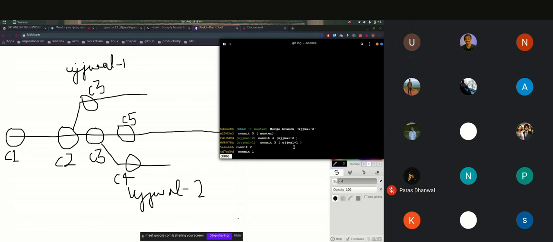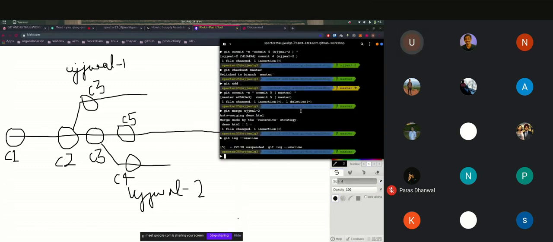Okay. So just one concept that is left in the branching part is we have to talk about merge conflicts. So what are merge conflicts?